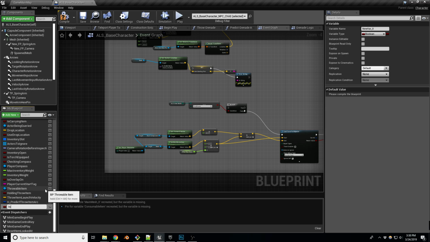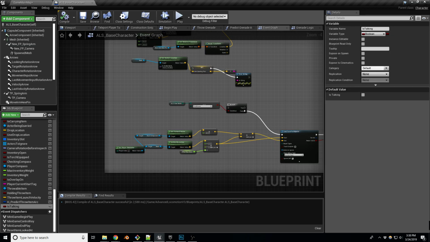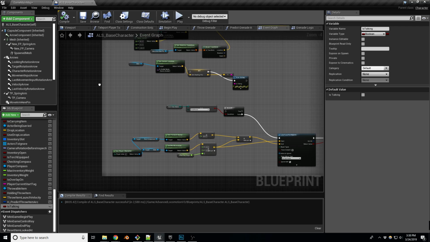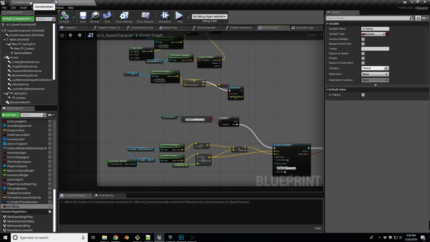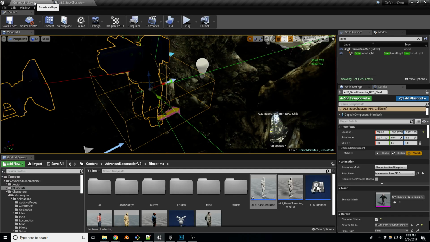Nah, let's do is talking. Alright, so we'll keep that as a boolean, and we should be able to use that in our NPC, and as well as its own